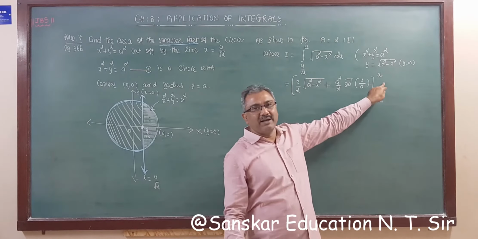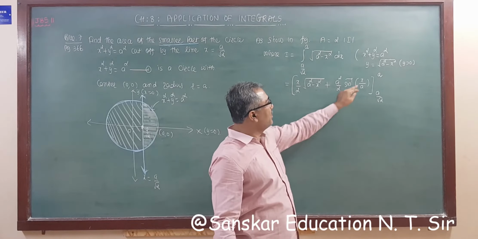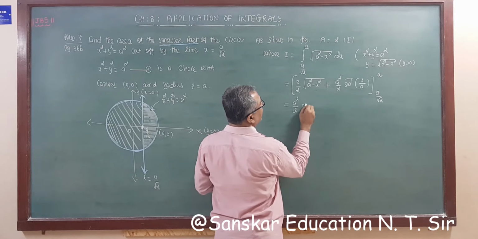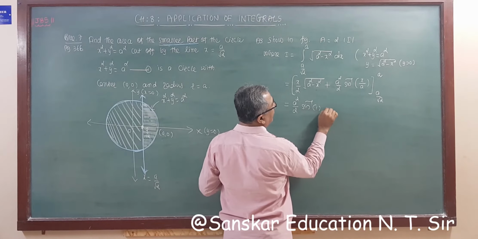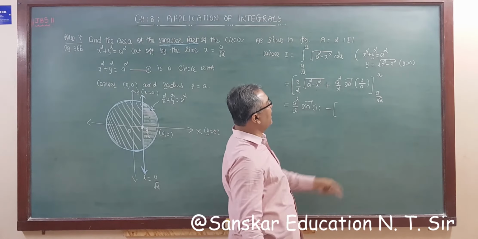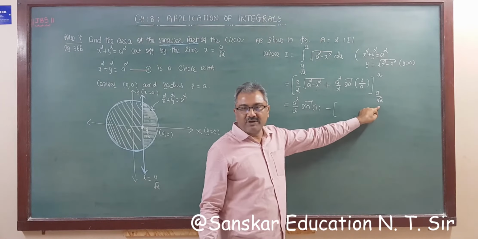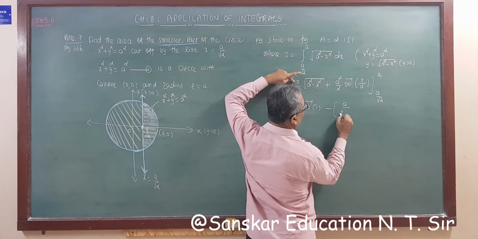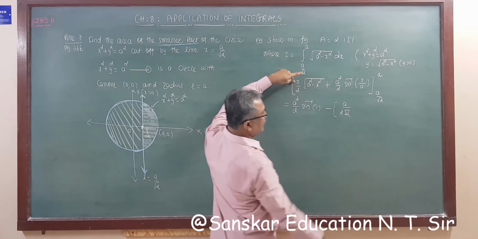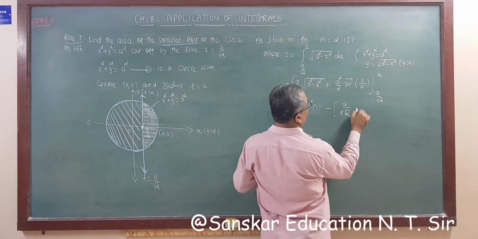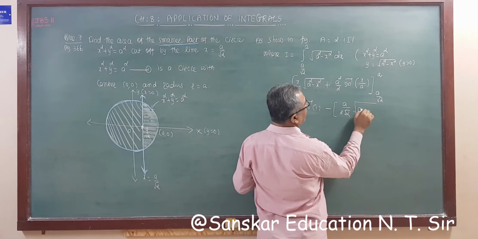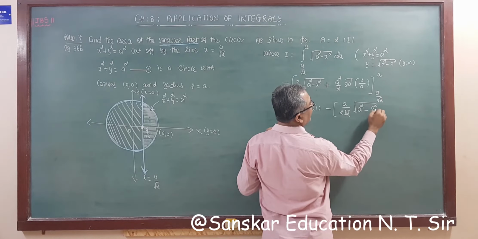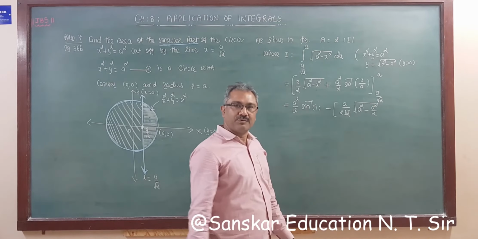If we substitute a, this is 0, so everything is 0, and here we get a square by 2 sine inverse 1 minus, we have to substitute a by root 2. What do we have to substitute? A by root 2. If we substitute x is equal to a by root 2, then what we get? A upon 2 root 2. Got it? Minus, sorry, under root a square minus x square. So a square by 2 we get. Got it?